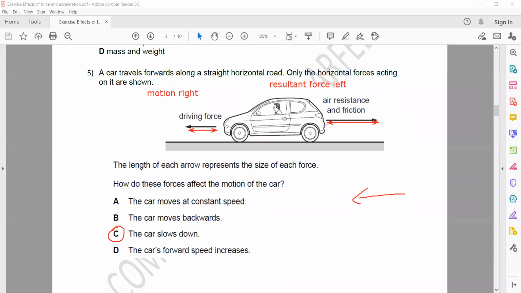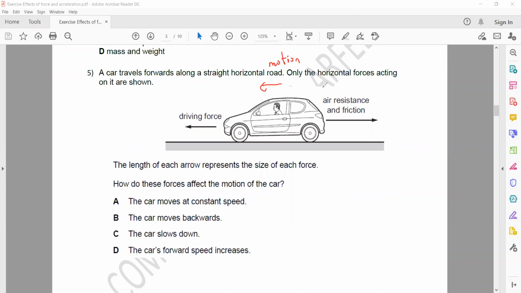Is it clear? Why will it slow down? Because you can check the direction of the motion. The object's motion is towards the right,